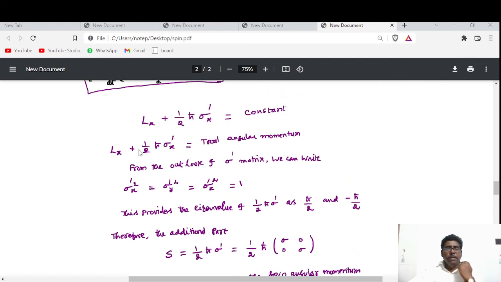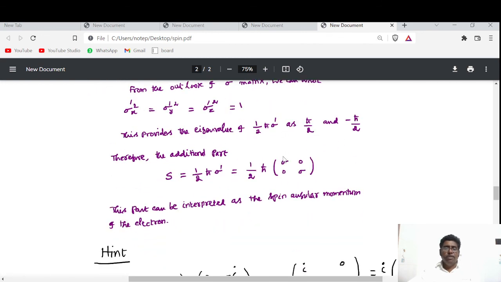Actually, this is Sx. 1 by 2 h cross sigma x dash is called Sx. 1 by 2 h cross sigma y dash is called Sy, that is the y component of spin. 1 by 2 h cross sigma z dash is called the z component of spin, that is Sz. In general, S equal to half h cross sigma dash, whereas sigma dash equal to the matrix (sigma 0, 0 sigma). In this way, we have arrived at the concept of spin from